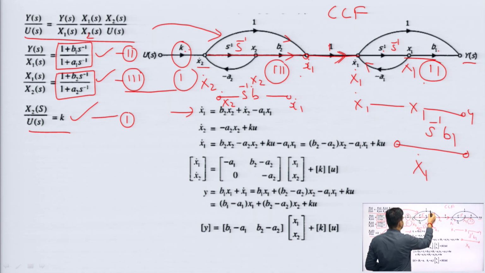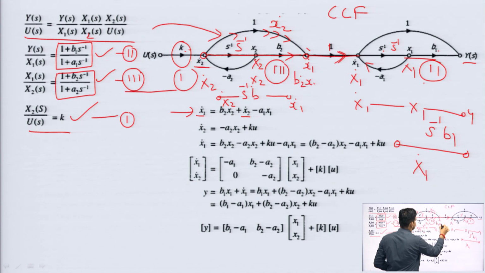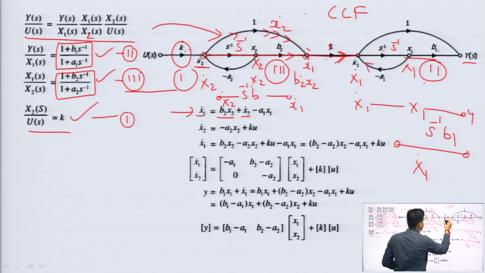So, this one is what? It is 1, right. You can say x1 dot is basically equal to what? This one part. What is basically the variable here? x2 dot. So, x2 dot is coming to this node, so I am writing the term x2 dot. The second term is here, this dummy node is x2. So, B2 x2 is coming here at x1 dot. Now, the total expression in this node is x2 dot plus B2 x2.